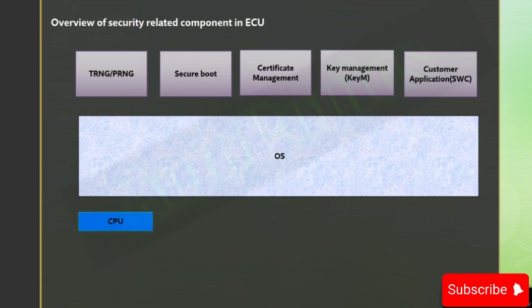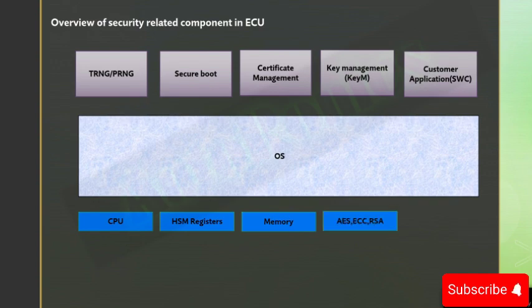Then the CPU. There are separate CPUs which are dedicated only to perform HSM operations, and there is even a multi-core concept where core 0 will be used for software crypto and core 1 will be used for hardware crypto, and the registers which are used in HSM to perform operations like configuring the peripherals for cryptographic operations. Then the memory, which is non-volatile in nature, called NVM, non-volatile memory, which is used to save keys in the secure area.